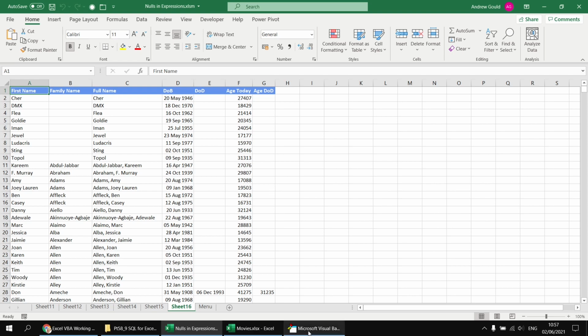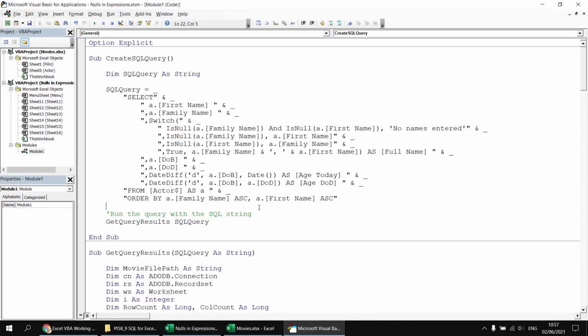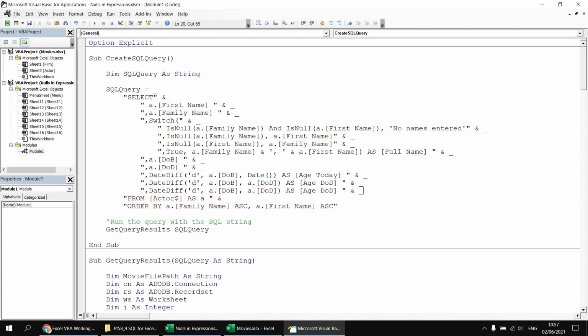So we can do that back in the Visual Basic Editor. Let's copy and paste one of our 2 columns. Let's go for the last one that we added, the age DOD. So I'm going to copy and paste that entire line, and then rather than just saying a.dod here, we're going to insert an if function inside the dateDiff function. So I'll say if, open some round brackets, and then is null, and open some more round brackets. And I'm going to check if the a.dod field is null. I'm going to make use of that close round bracket symbol there, and after that I'm going to type in